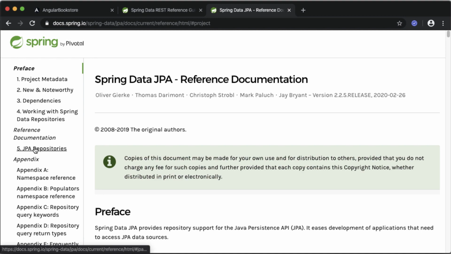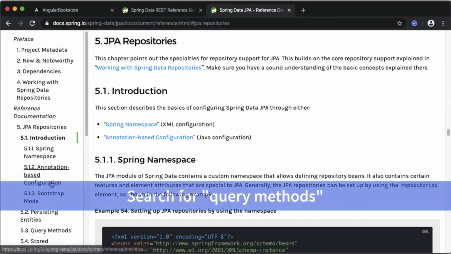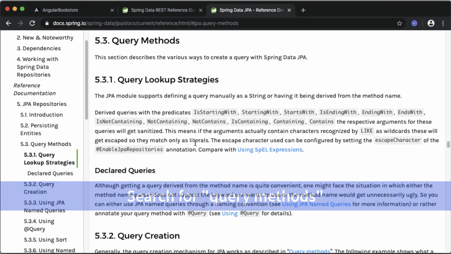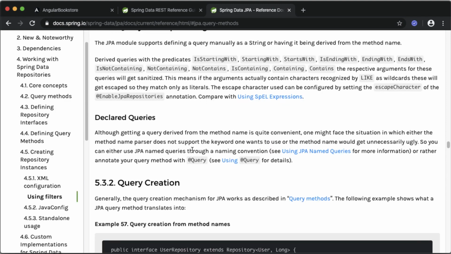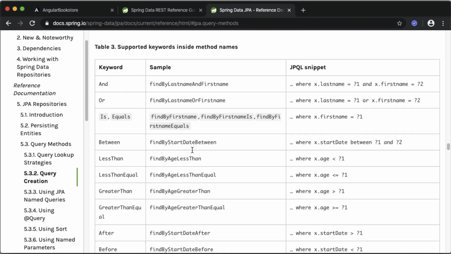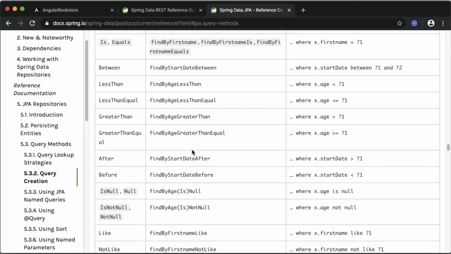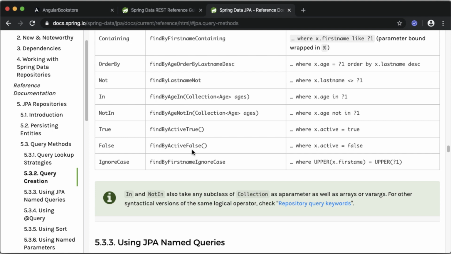If you scroll down, you will find JPA Repositories and Query Methods. Take your time and read this documentation, especially the table with nice examples of query method creation, and understand the query methods.